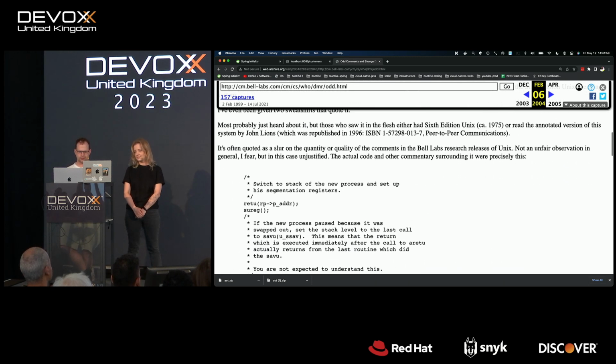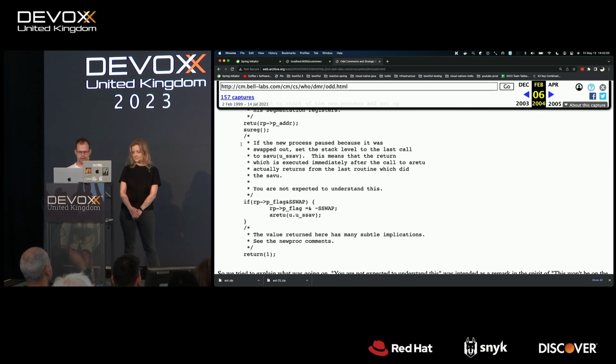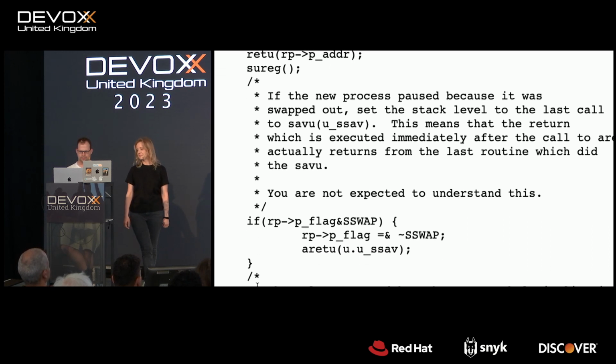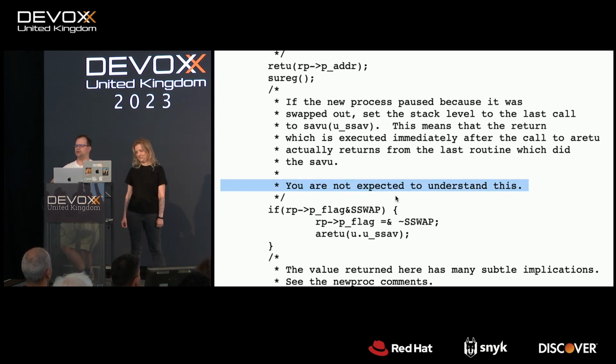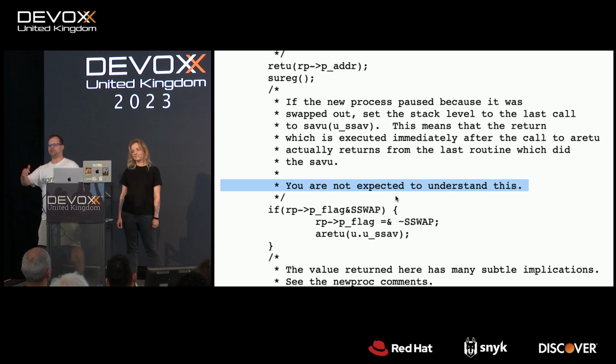But it's in this code right here, right? If the new process paused because it was swapped out, I can't read it anyway. Okay, it hurts my head. So you're not expected to understand it. Fair. That's kind of the territory we're now entering. We're in the intermediate phase of this is not going to be on the test. You don't really need to know this for 90% of the use cases, right? And as we move further along in this talk, the things we talk about at the very end are going to be significantly fewer corner cases, right? You'll encounter even less than this, okay?